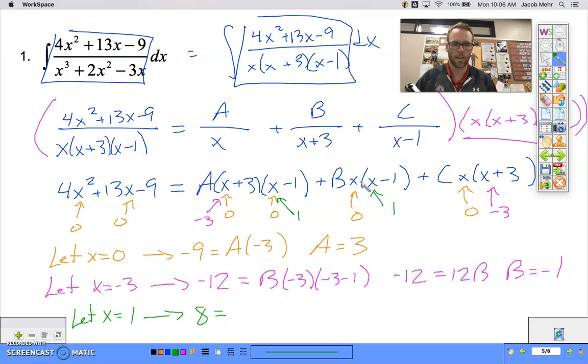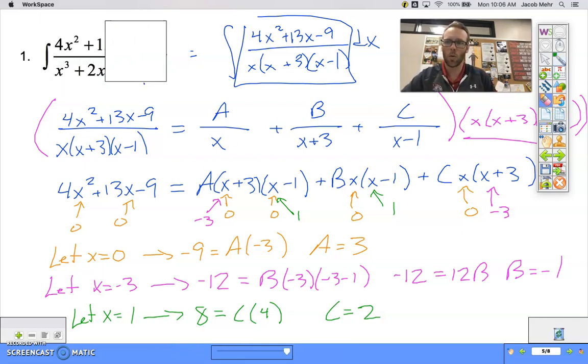That term's gone. That term's gone. And if x is 1 here, we have c times 1 times 4. C times 4. We get c equals 2. So we have our a, our b, and our c. So what we can do now